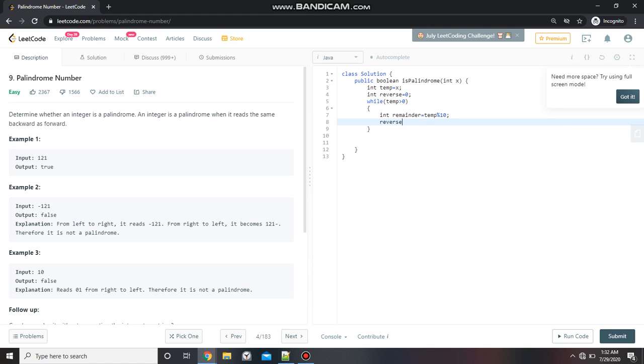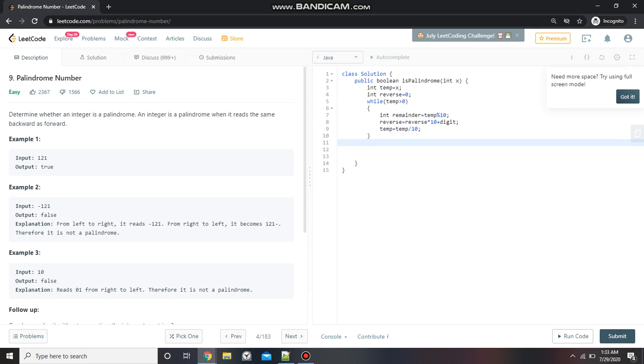Now we perform this reverse operation and then we divide the number by 10. If you do not already know this logic, I highly recommend you to solve this on a piece of paper, because that is the only way that you will get familiar with the reverse logic. In any problem that involves reversing of a number, this is the constant logic. So I highly recommend you to practice this.